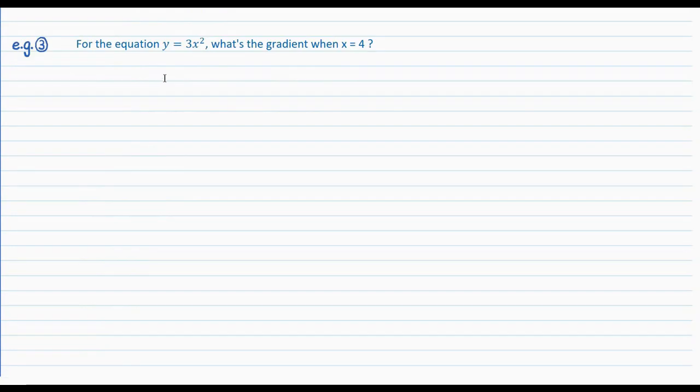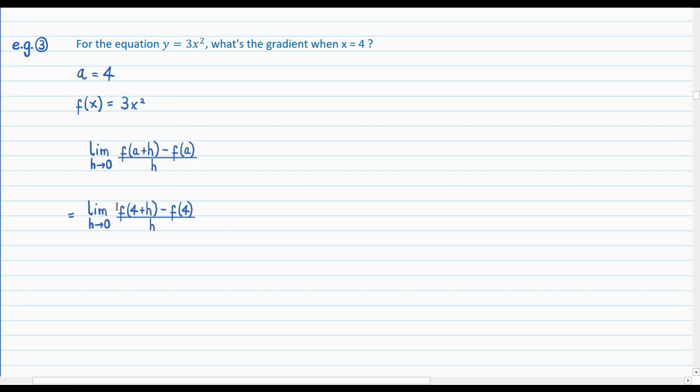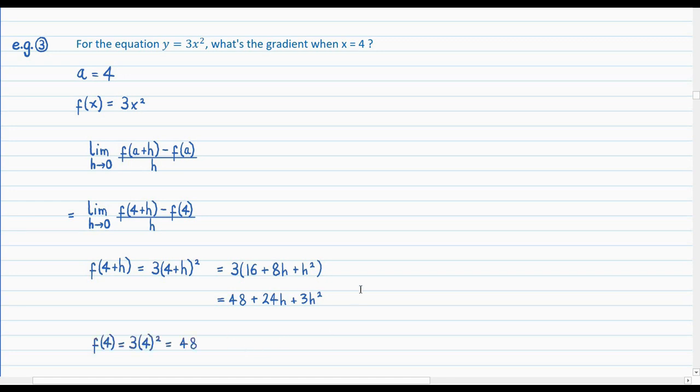Here's another example. For the equation y equals 3x squared, what's the gradient when x equals 4? This time the value of a is 4 and f of x equals 3x squared. Then just sub a into the gradient at a point equation. f of 4 plus h is just 3 times (4 plus h) squared, which simplifies to 48 plus 24h plus 3h squared. Then f of 4 is just the y-coordinate of the point, but this time it isn't given, so just calculate it using the f of x equation, and when you do that, you get 48. Sub it all back into the equation,